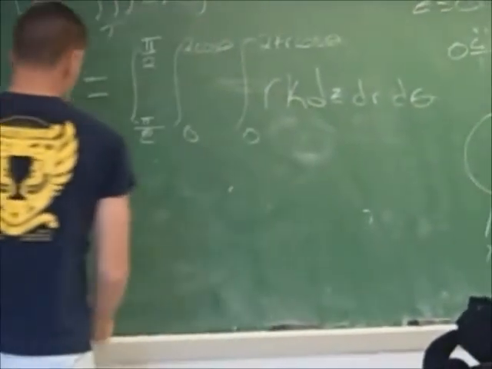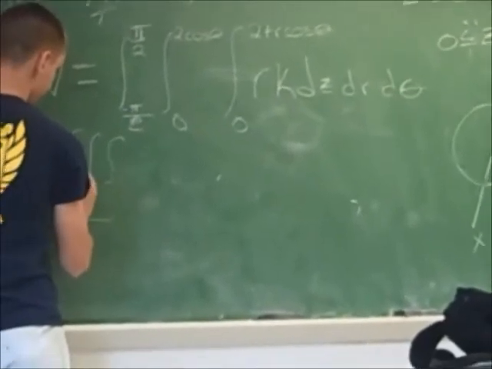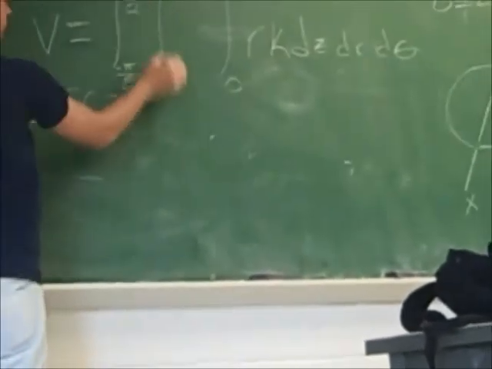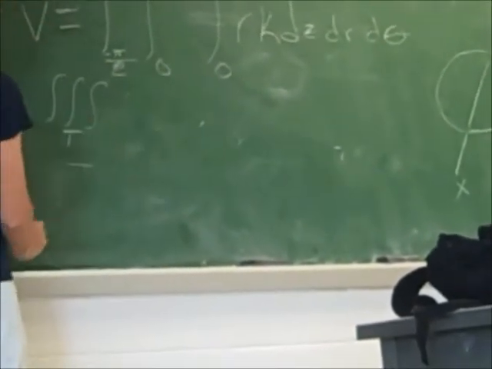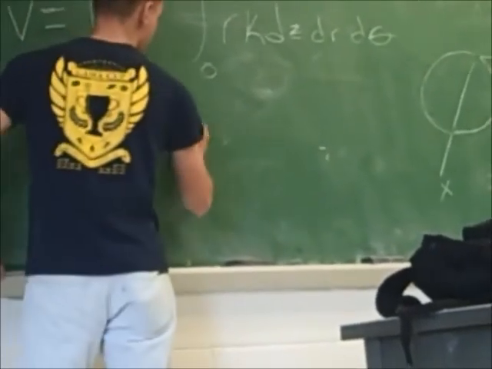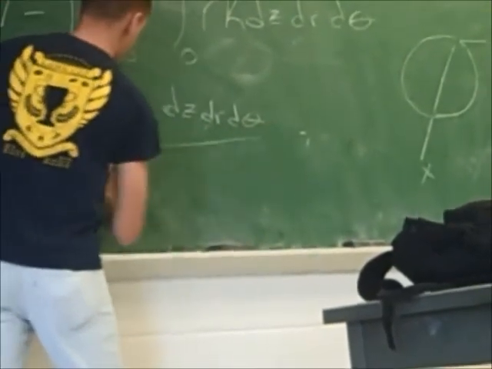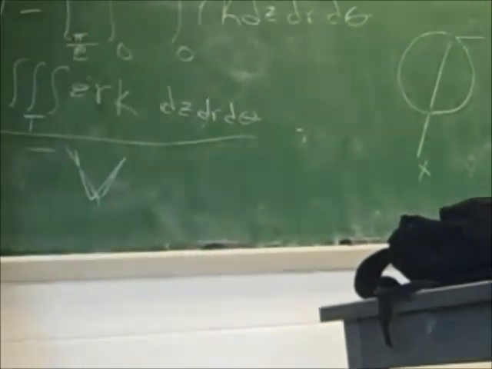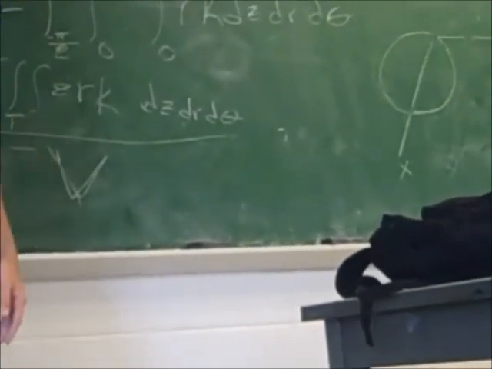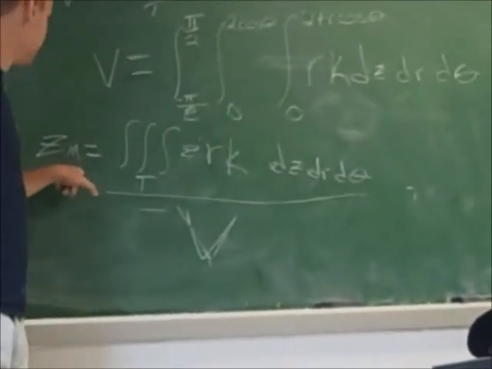Okay, so if we want to know Zm, we would have to do, from the equation, this exact same thing right here. Now I'm just going to call this t so I don't have to write it all again, but the endpoints are the exact same. So I'm just going to call it t. The integral of z r k dz dr d theta divided by the volume. Okay? And remember, you don't have to evaluate the integrals, you just got to set them up. So once we get here, we're done. Alright, we know that v is this, and Zm is